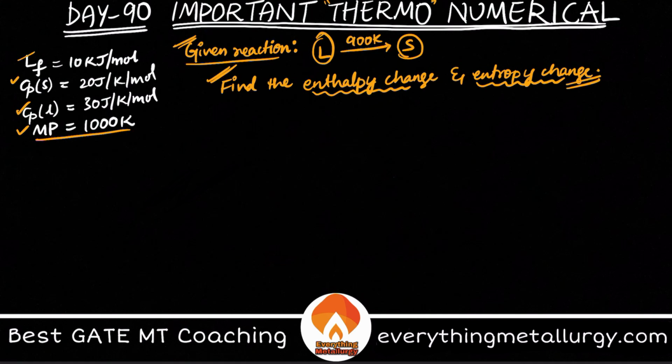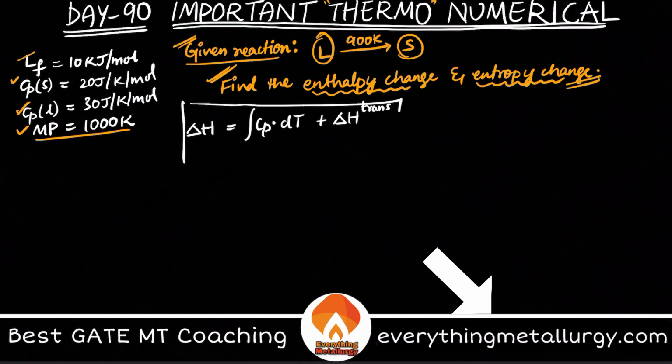So basically we have a direct formula. If you remember, delta H, the enthalpy, is the integral of Cp dT plus delta HF, or you can say delta H reaction or delta H transformation. That will be better, correct? So here, if you carefully see, we have an equation, and we need to write this complete thing in a different way.